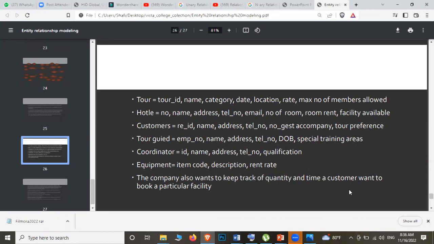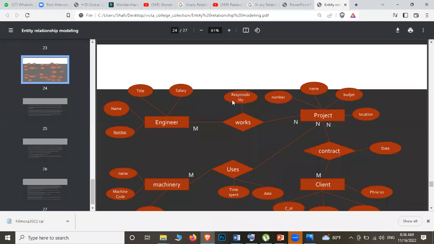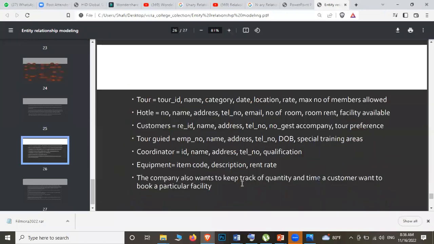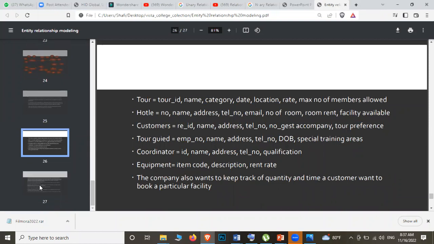That is in your hand. And then the time. Now I taught you in this case some responsibility, time, all these things. So this is going to be something like that. Just try to understand this part and then try to draw the ER diagram. In the next class we'll see how you have understood and whether you have done it correctly. Then we can cross check, and you will also understand well.